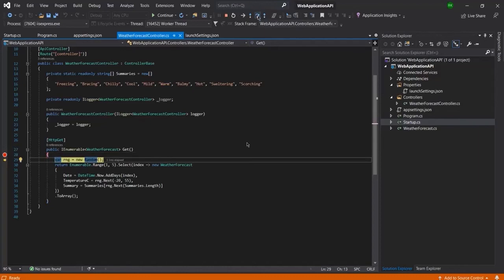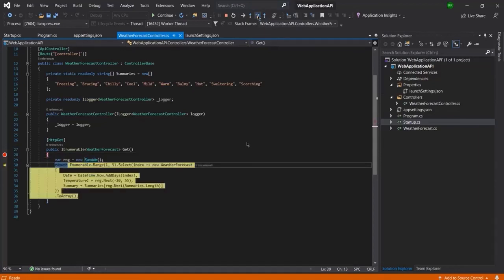At line number 29 we have rng, which is basically for generating the random number. Navigating on, at line number 30 it is creating a new WeatherForecast and initializing it. Here we are assigning the date, temperature in Celsius, and the summary.